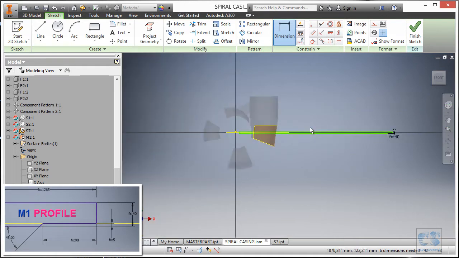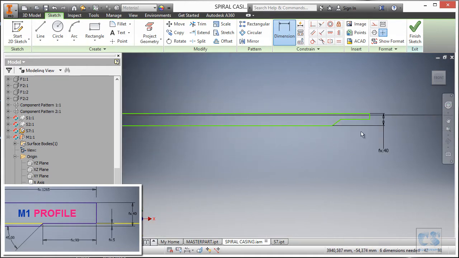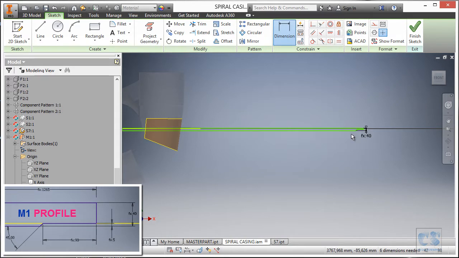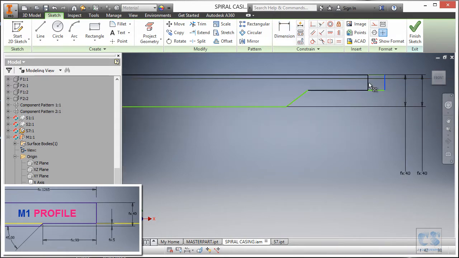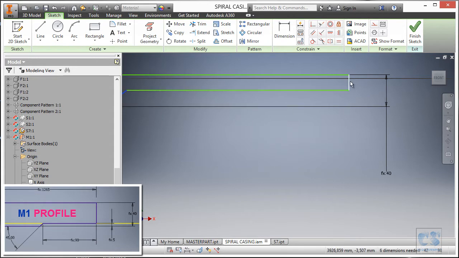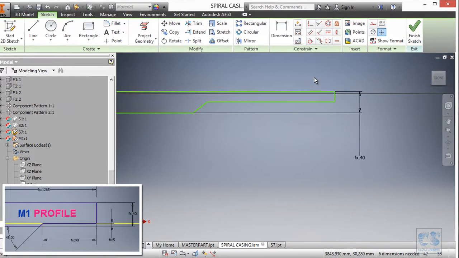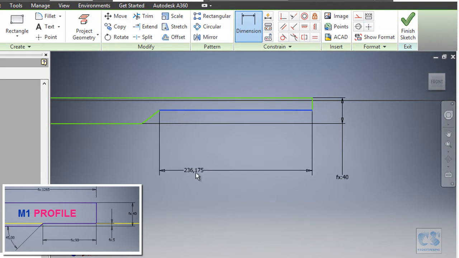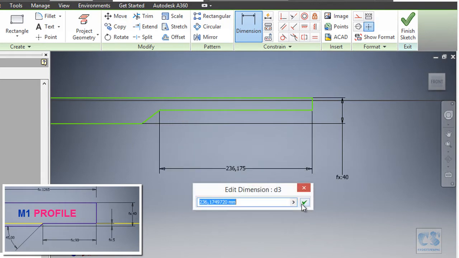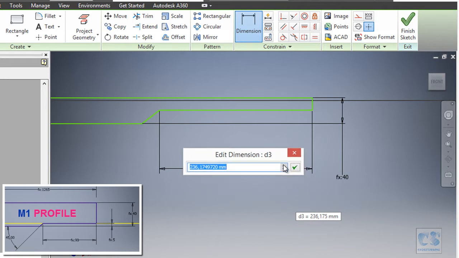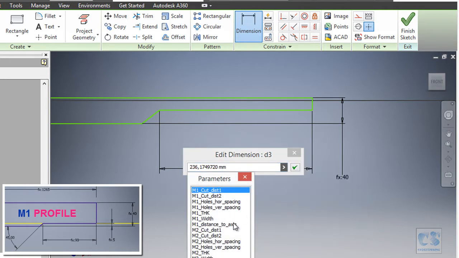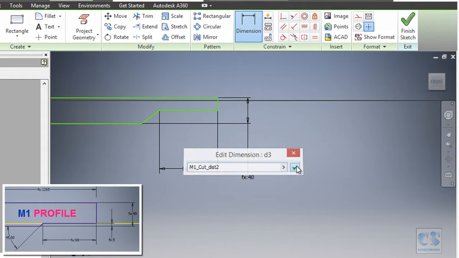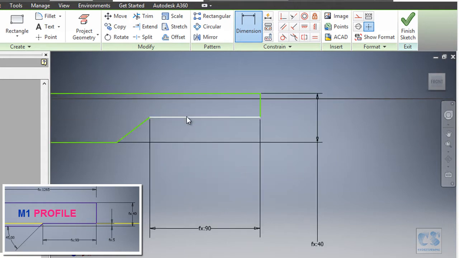Okay, this keeps happening because there is a setting in Autodesk Inventor that, when enabled, resizes sketch geometry when the first dimension is created. Maybe let's just keep adding dimensions. We will position it as it should be later. So this one is the cutout dimension number 2, which is for the first one, cut distance 2, and cut distance 1 is this one.